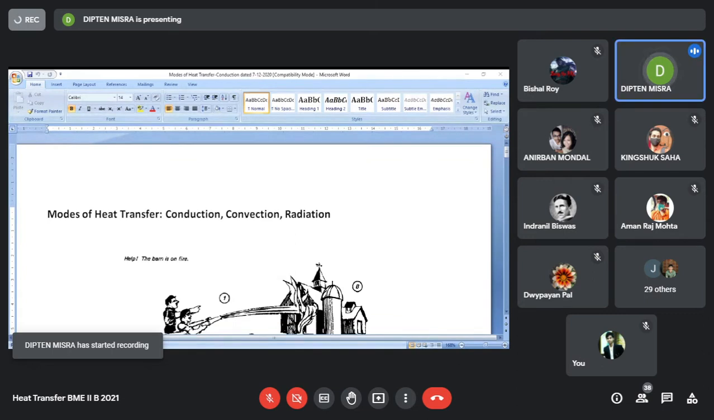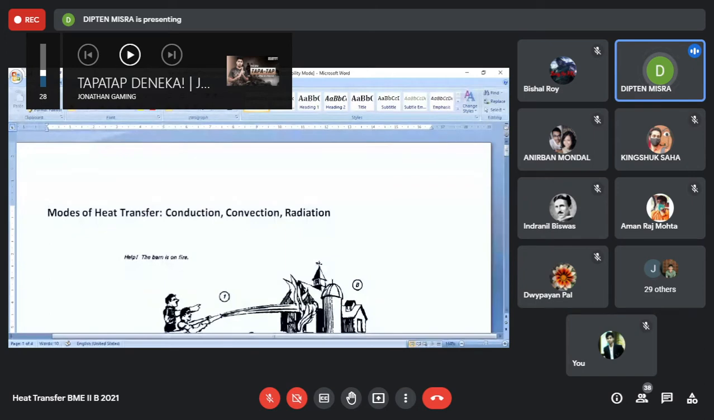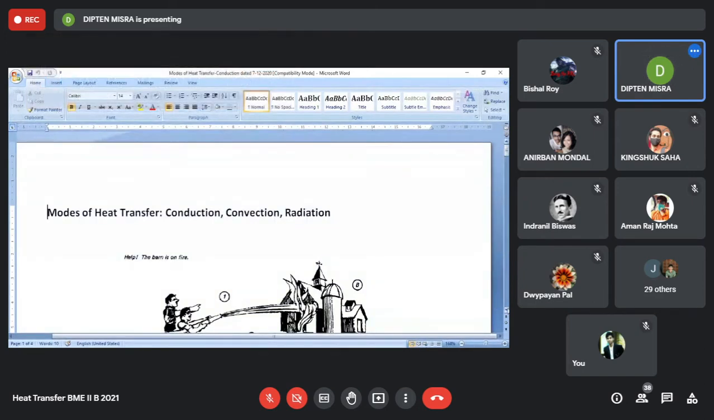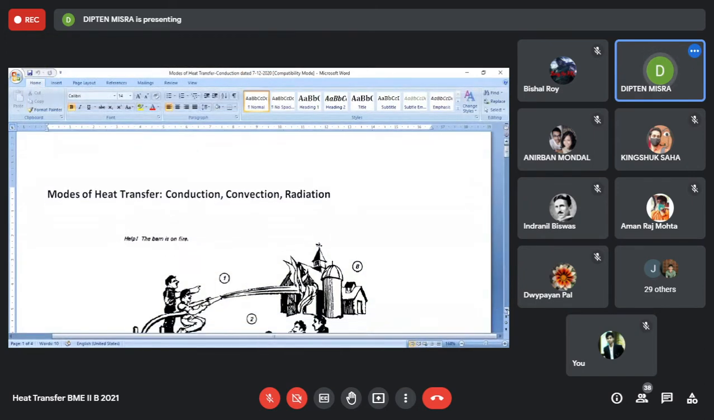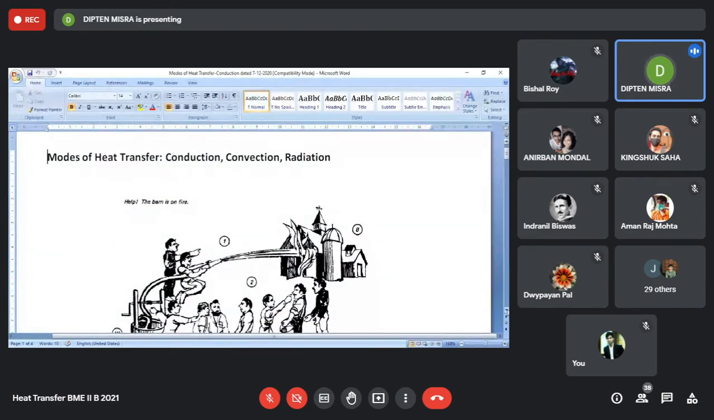Now, in our last class, we had been discussing different mechanisms or modes of heat transfer, that is, how in different ways heat can flow from a body at a higher temperature to a body or a region at a lower temperature. Now it can happen through three different modes. We have already discussed the conduction mode,